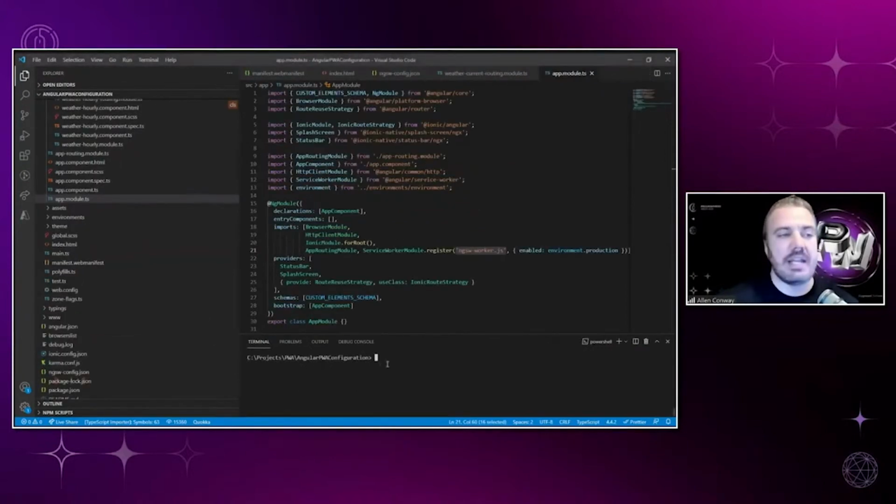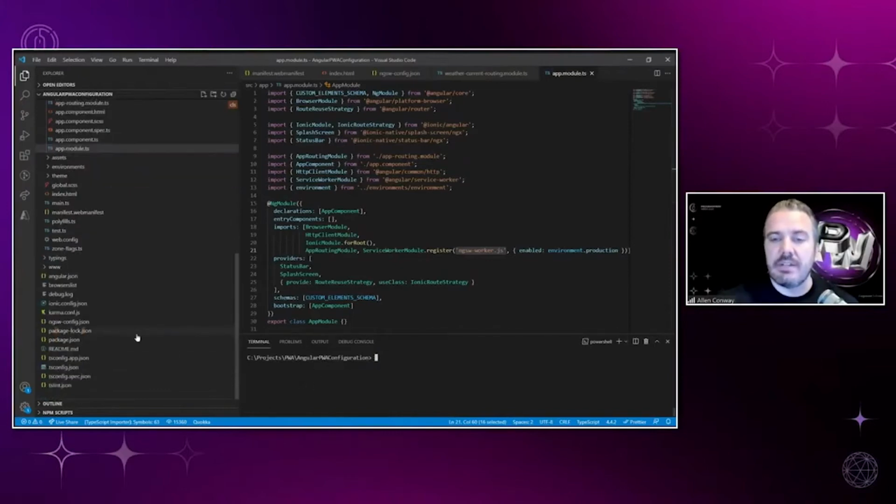Angular PWA configuration. Now, I'm not going to run this again, but all you would need to do using the CLI is to put in here ng add @angular/pwa. That will bring in everything that you need to start your journey as a PWA. Once we do that and run that command, let's take a look in this next iteration, the Angular PWA configuration,